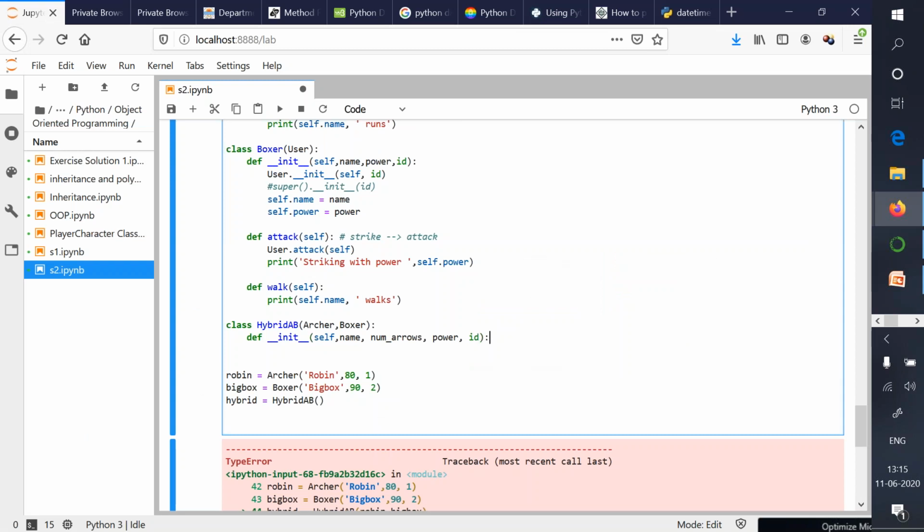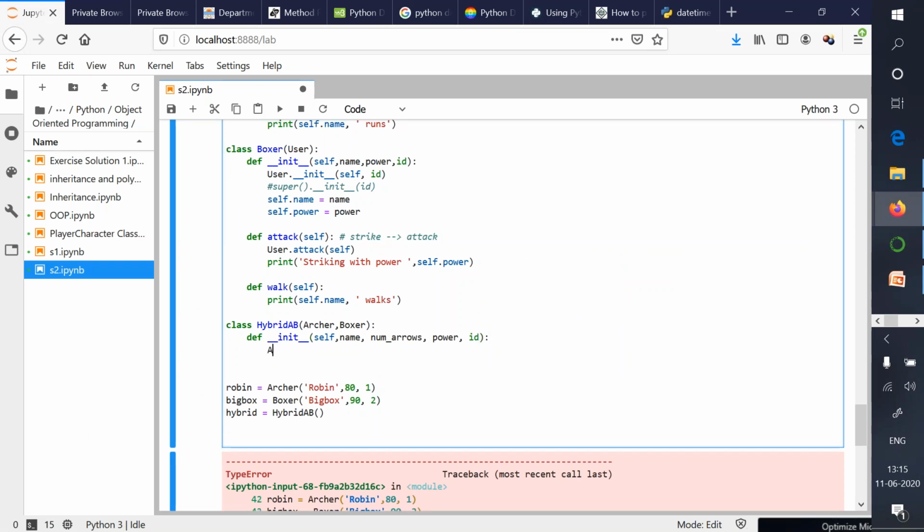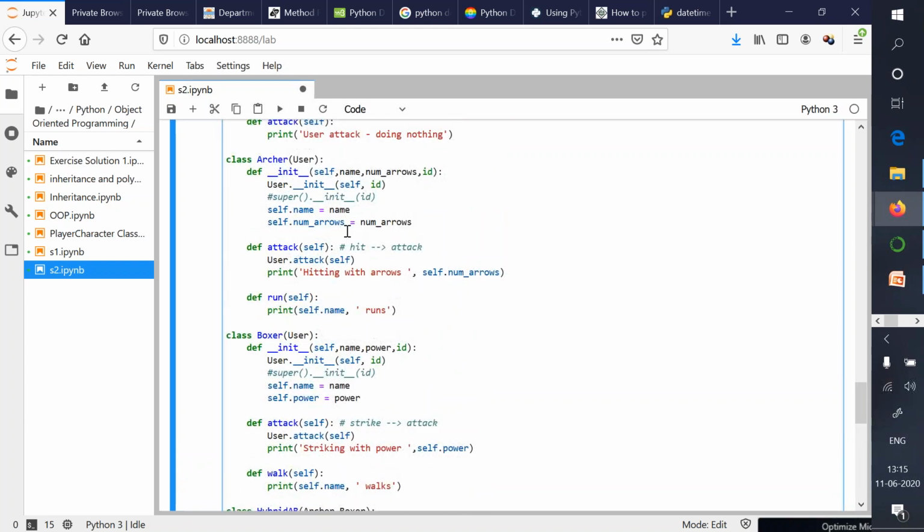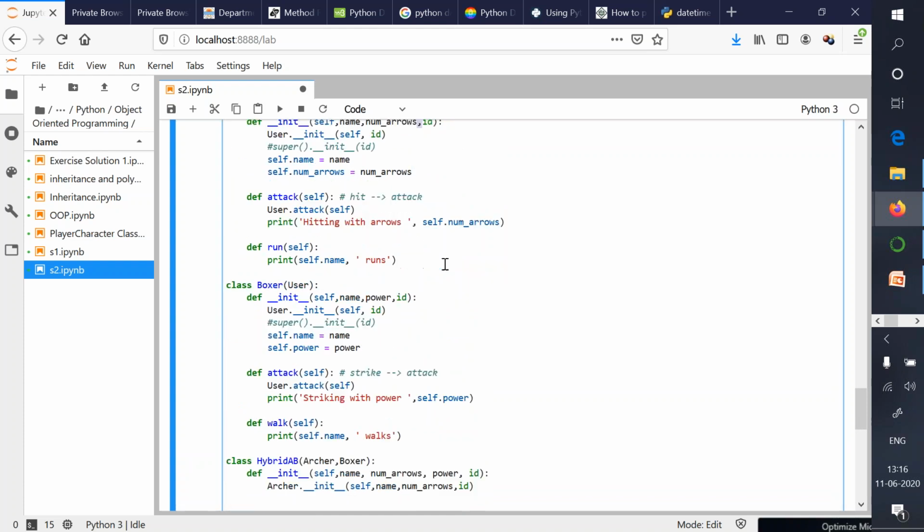So what we should do instead is Archer.__init__, and then self, name, number of arrows, and then ID. So see, we are passing these things, name, number of arrows, and ID